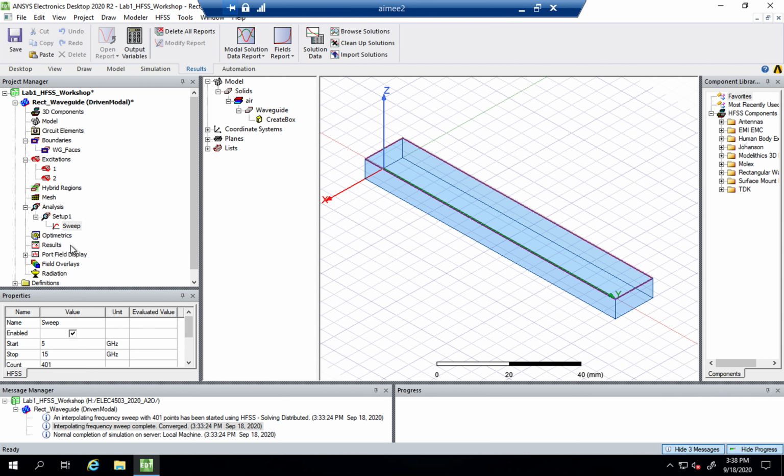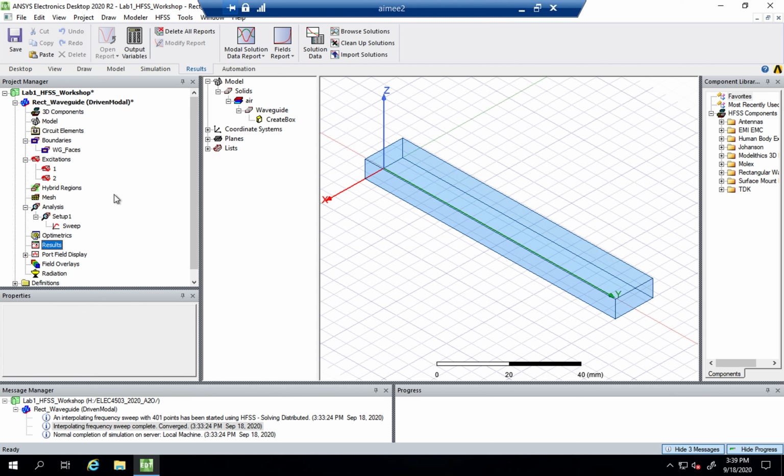One thing we can look at is the S parameters of this design. If you're familiar with S parameters, they are network parameters. They can tell you the reflection and the transmission in a device. Right now, you can think of the transmission line with the waveguide as a 2-port network. So we have port 1 and port 2, and we want to see the scattering parameters between these 2 ports. So to do that, we look at the results. There's a results part here. If you right click,